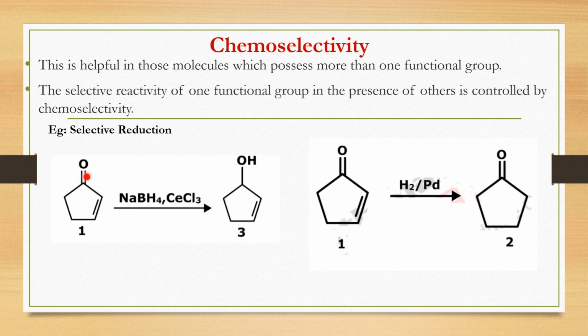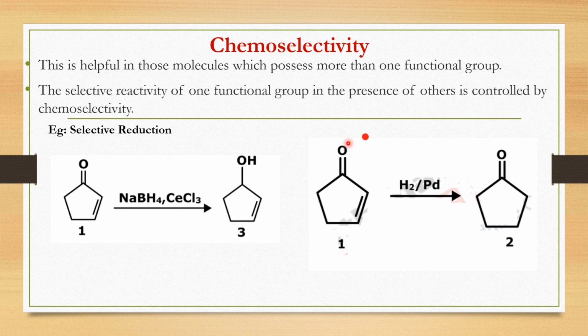Have you all understood this? So the double bond remains as it is, only the C double bond O group is converted to OH group. And why? Because we have selected a reducing agent that way. Have you understood this, students? Is that clear to you? Just unmute yourself and tell me. Hello? Hello?